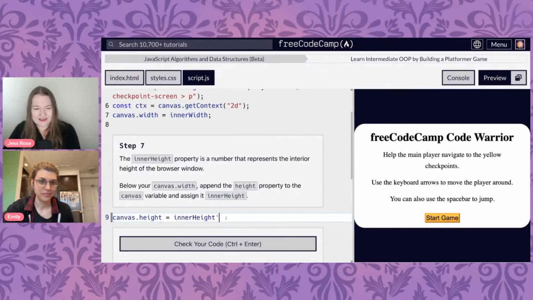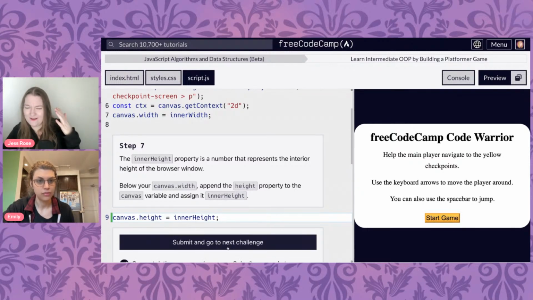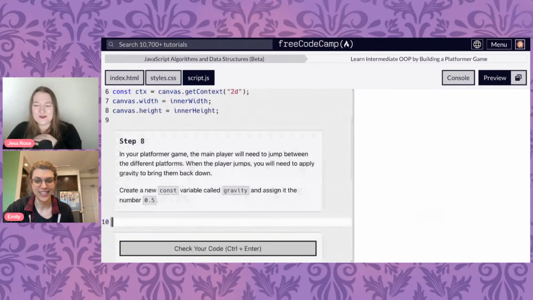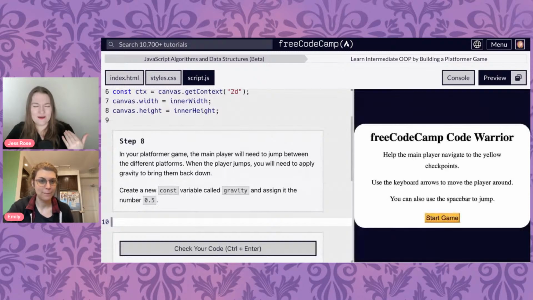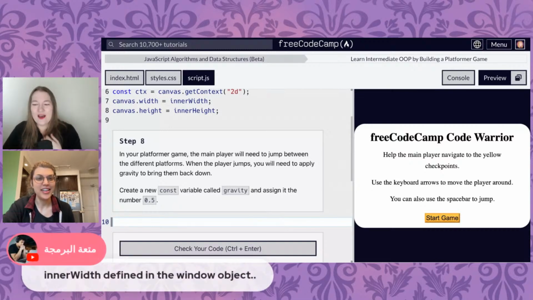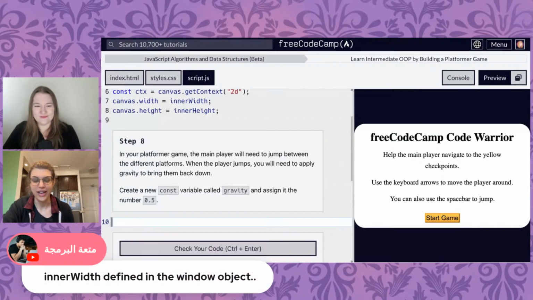And what we're really doing is, I think that this is the exact same. Canvas width is set to the inner width. Canvas height is set to the inner height. This isn't too easy. We're actually fantastic at programming. It is nice when it's intuitive. And the joy of programming is saying, oh, the inner width is